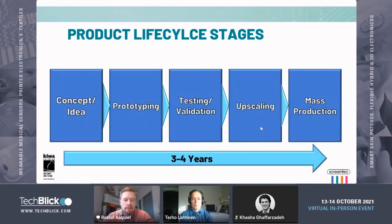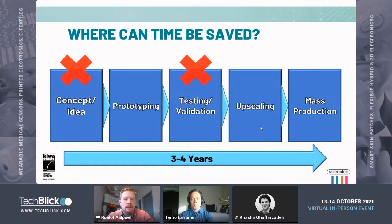And what we try to do at Screentec is try to save time in this process. There are, of course, certain things where time cannot be saved. I mean, the concept and the idea, well, it's going to take you a certain time to actually come up with a product. It might be a spur of the moment thing, like, hey, this seems like a good idea, or the result of years of research. The prototyping, of course, that's something where we can help. And of course, then testing and validation is a step that